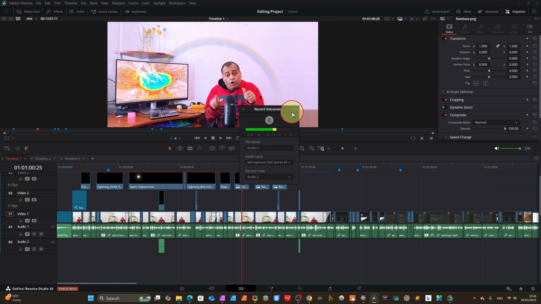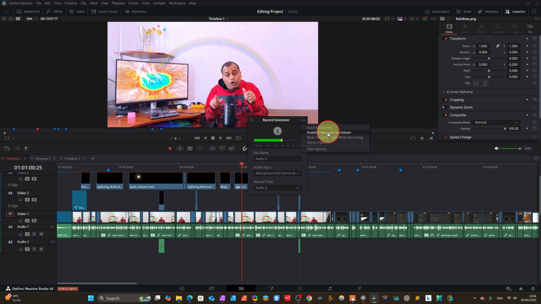Okay, we can start recording, and before recording you can see here input monitoring and so on. You can check here. Hello, you see input monitoring. We don't need input monitoring, and we actually need to enable the 3 second countdown. You can start mute timeline audio while recording. Directly you can mute timeline audio while recording from here. Okay, we come here, hide option. You can hide the option from here. You see we have no option here, but we need this option. Okay, and here you see the 3-second countdown. You can start when recording.